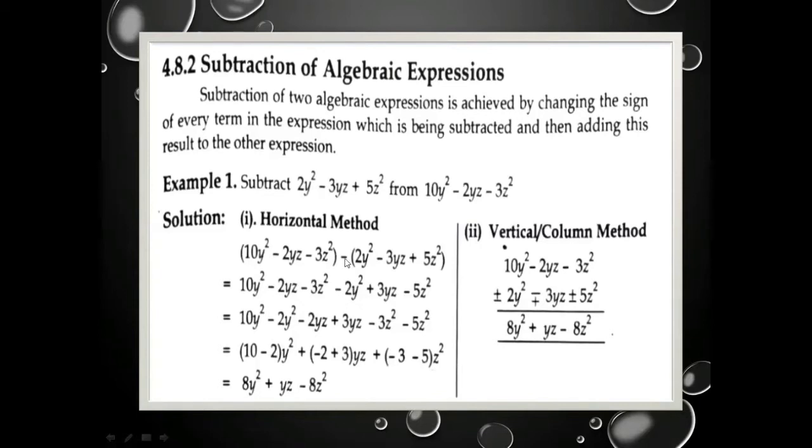We observe that when we open that bracket, the sign of these three terms will be changed. It was given with plus sign. After opening, it becomes minus sign. That is, minus converted into plus after multiplication with that minus sign, and plus converted into minus after multiplication with the minus sign. So that's why these signs will be noted under the second polynomial when you are doing the vertical method.